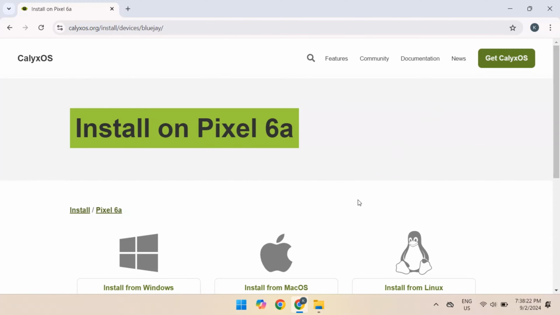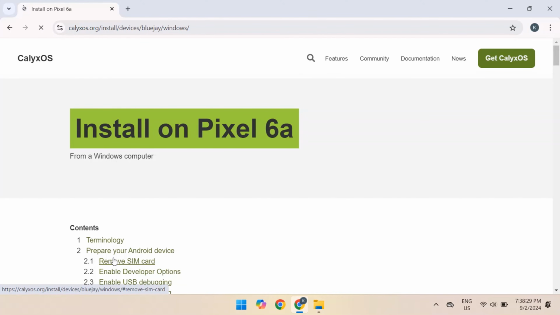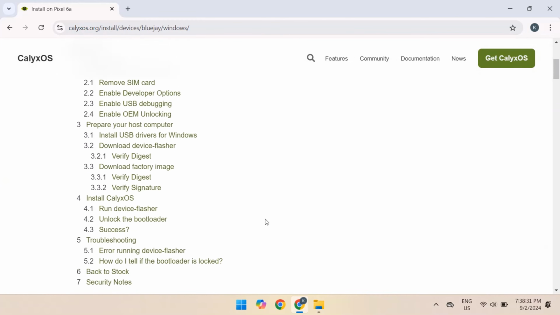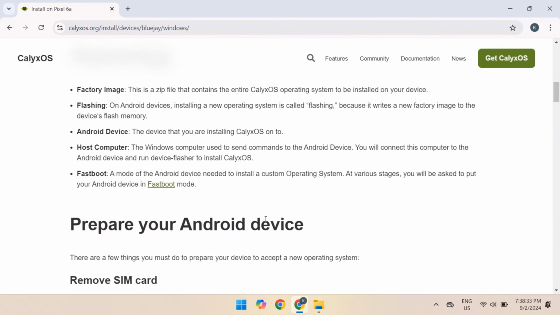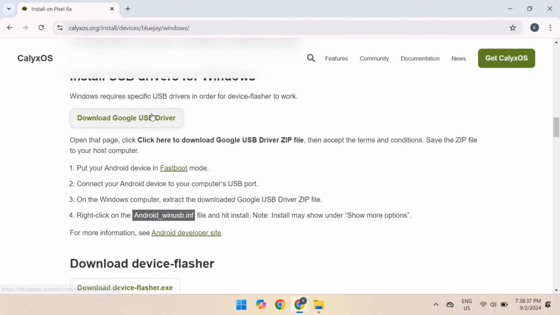Next, you'll need to select your PC platform: Mac, Windows, or even Linux. Since I'm using Windows, I'll proceed with that. Now, while you could read through the detailed installation guide on the site, you can leave that to me. You just need to download a few things from here first: the Android USB driver from the official Google site,